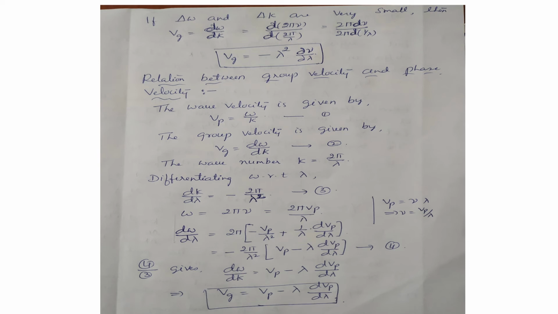Now let us find out the relation between group velocity and phase velocity. How are Vg and Vp connected? What's the relationship between them? For this, again we consider the wave velocity or the phase velocity as Vp equal to omega by k, and group velocity defined as d omega by dk. Now substitute k as 2 pi by lambda, omega as 2 pi nu. Then from equation 1,